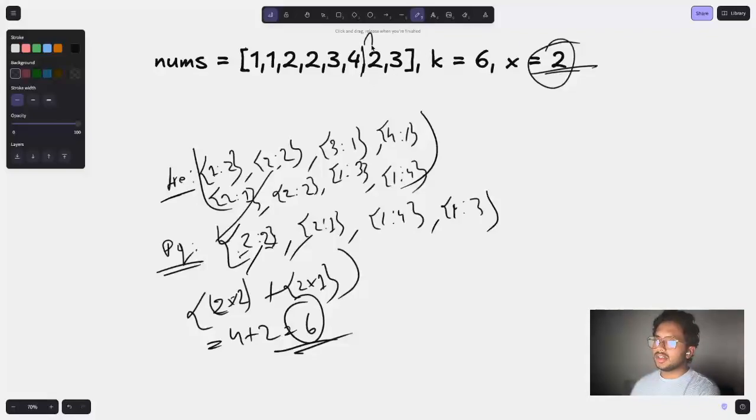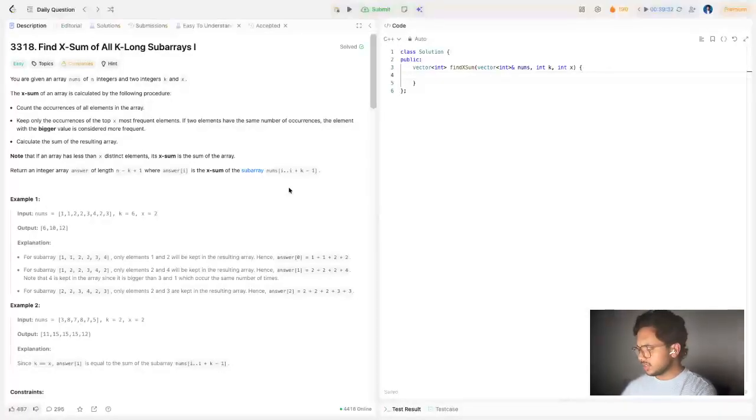Like this, we can keep solving the problem, and we'll keep updating the j and keep updating the I. So here we are using sliding window. So it's kind of a mixture of sliding window, unordered map, or the vector frequency array, and priority queue. So if I start solving this question,